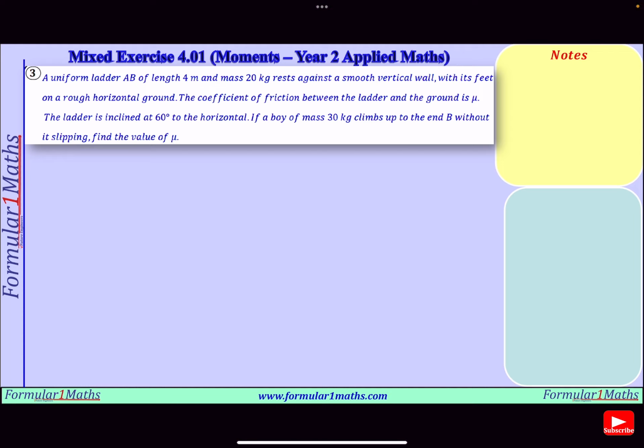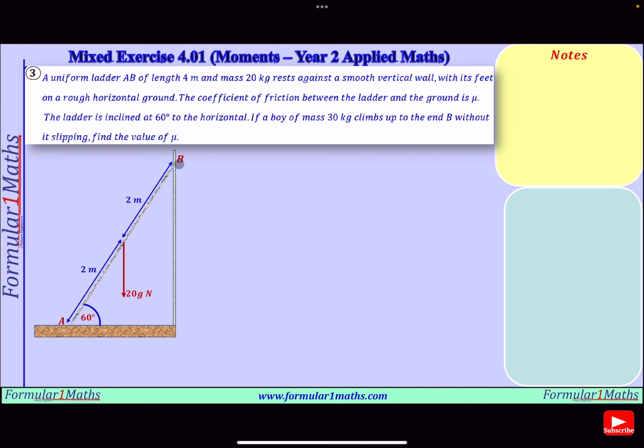So let's do our diagram. So this is our smooth wall and this is our rough horizontal ground. Our ladder AB is inclined at an angle 60 to the horizontal. The ladder has a weight of 20 Newtons. That will be acting right at the middle or center of the ladder. That means the distance from A to the center is 2 meters, and from the center to B is 2 meters. There will also be a force of 30 Newtons acting on the ladder at B due to the weight